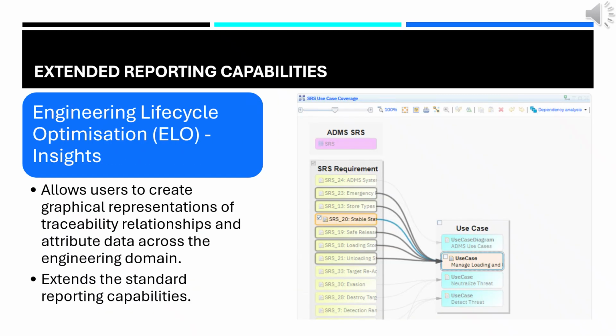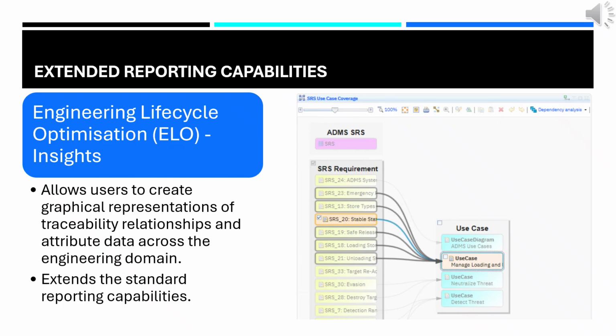So IBM Engineering Lifecycle Optimization, ELO, nothing to do with the band. We're going to be taking a quick look at Engineering Insights and what that can offer. Engineering Insights allows users to visualize your engineering data in different ways. It really builds on the standard reporting capabilities of the Report Builder and JAS reporting service, and we can expand or create much more interactive and visual representations of our traceability and classifications of our artifacts across the life